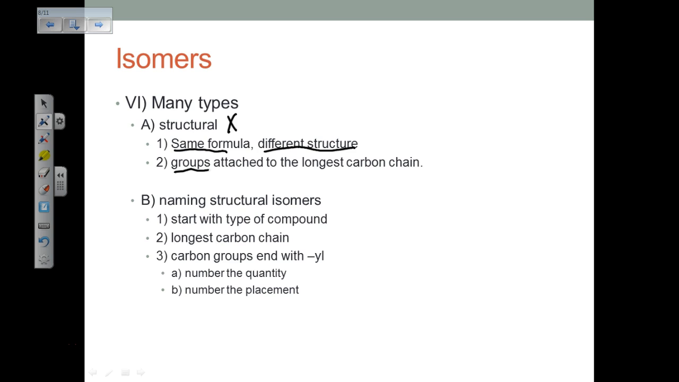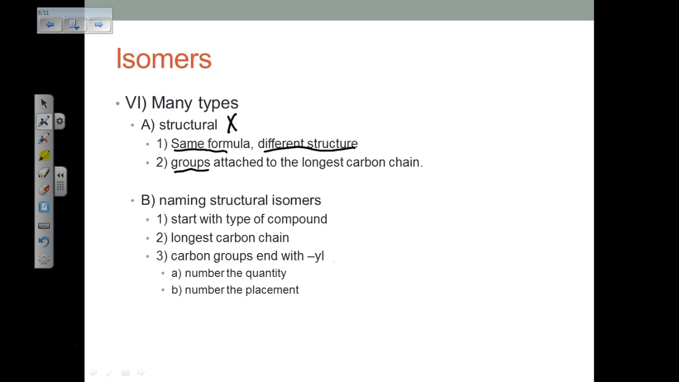So one of the things that I think is an important skill is to be able to name structural isomers, because if you're trying to come up with all the different structural isomers of some sort of compound, if you can name it correctly, then you know that that's going to be unique. If it's the same name, then it's the same compound, and it's not a structural isomer, it's just the same compound. Okay, so we have to name the longest carbon chain, and then hanging off the longest carbon chain will